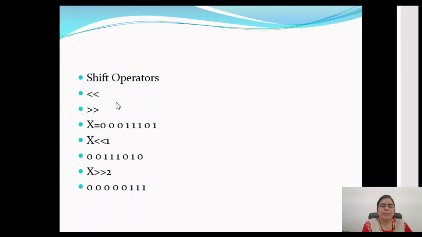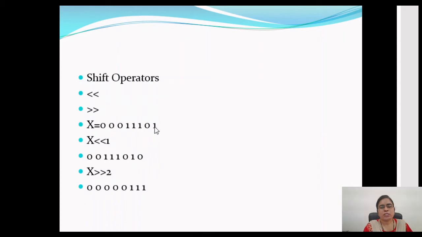It shifts the bits in the right direction. So how does it work? Suppose the value of x is 000111101, and we are left shifting the variable x by 1. This indicates how many bit positions are to be shifted. If we are left shifting it by 1, then the value that we will get is 0011101 and 0.